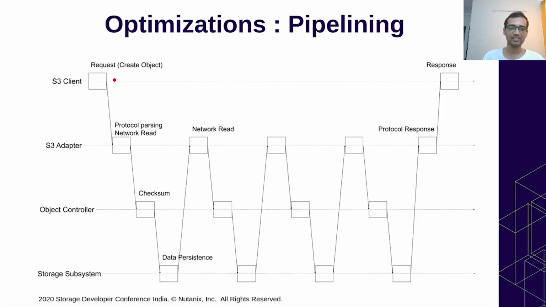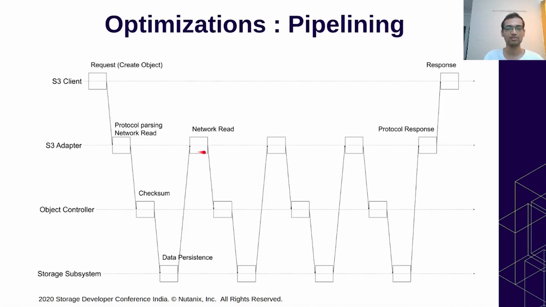When the client requests to create a large object, the S3 adapter first processes the protocol-specific headers, then starts doing the network read for a chunk of the payload that the S3 client is interested in creating the object with. Once enough data is read, an RPC is sent from the S3 adapter to the object controller, and the object controller starts calculating the checksum on the payload. Once the checksum is calculated, the data is sent to persist in the storage subsystem, and once the acknowledgement from the storage subsystem is received, it's forwarded back to the S3 adapter, and the S3 adapter can start reading the next